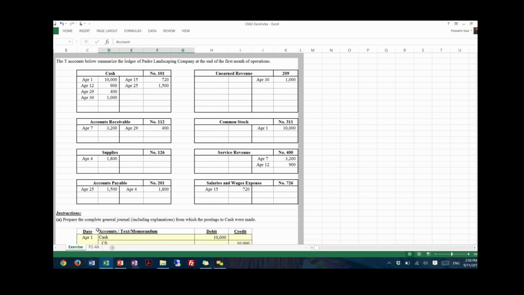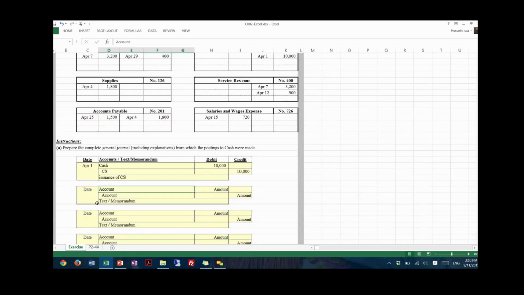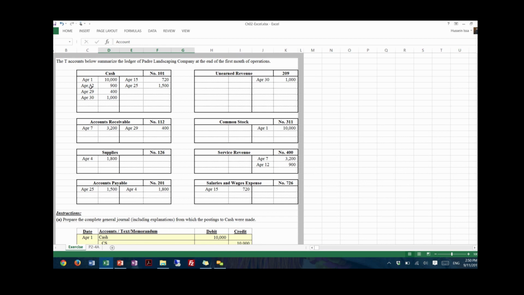April 12th, right? It was 900, and which one was it? No, April 4th, true. Is it on the cash account? So it is true that on April 4th we had supplies that were on account. So if you look at this one here,